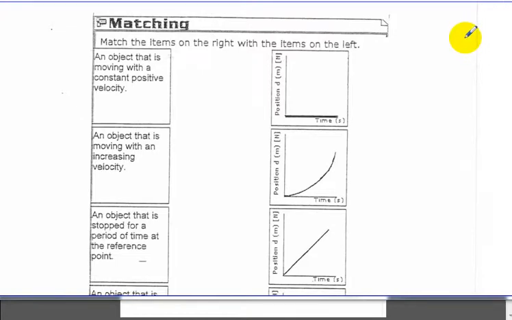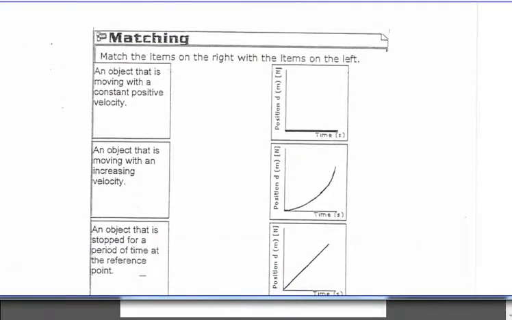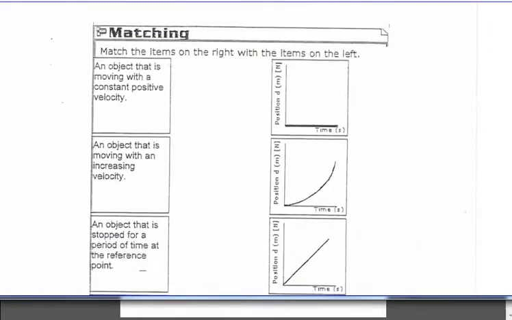Welcome back, Physics 30. Somewhere in your binder, you likely have this sheet, which I haven't really mentioned until now. Matching up a verbal description with a graph. This is going to lend itself to the next booklet we're going to be looking at, the average and instantaneous acceleration one. So going through this one, notice these are all position-time graphs, and all the descriptions here are talking about